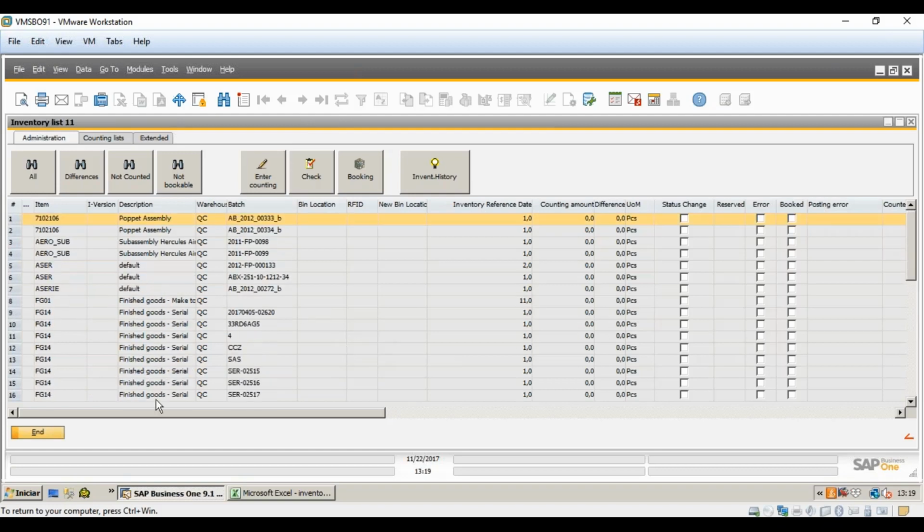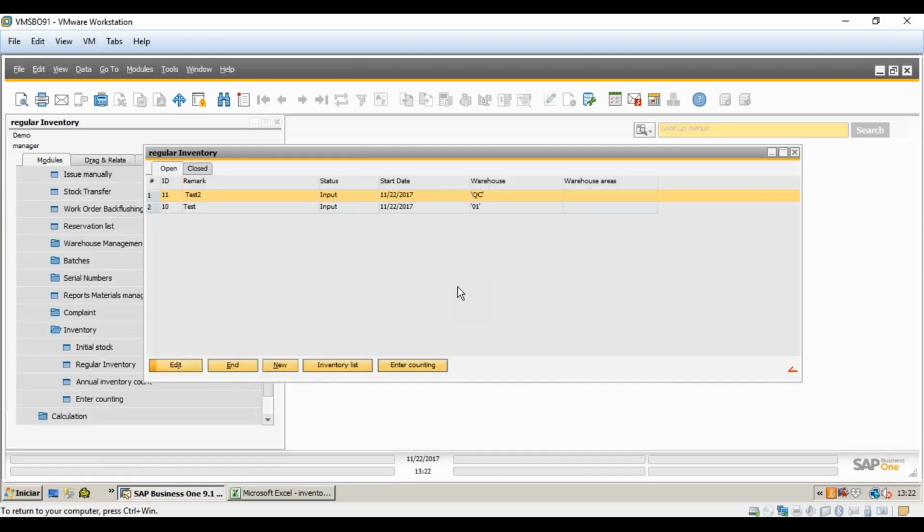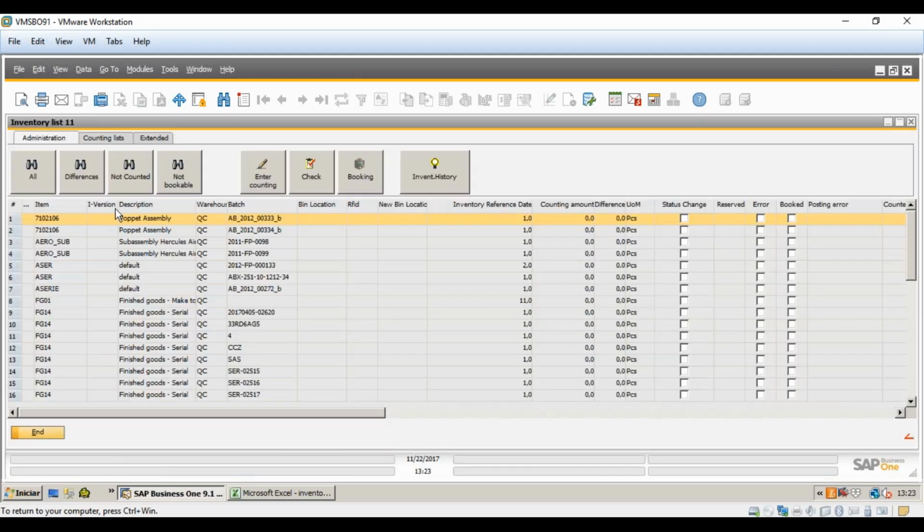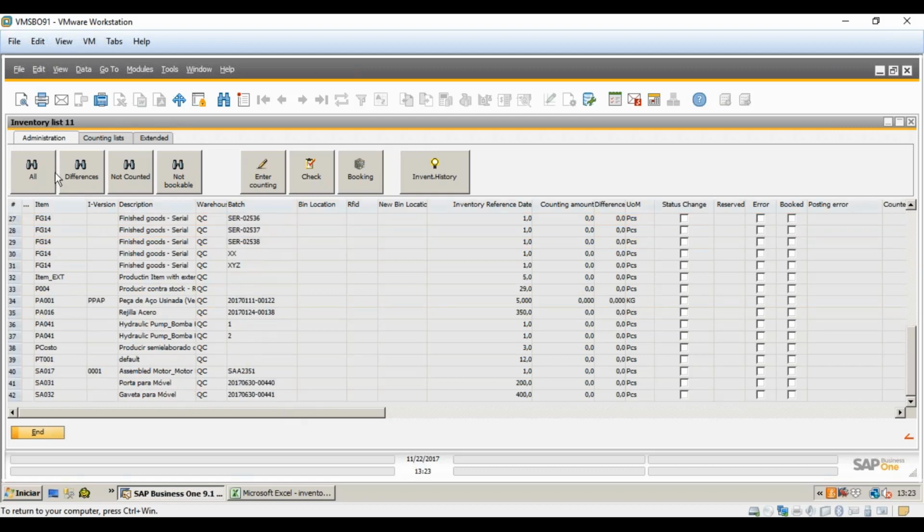So if you don't have any data in here, it's because you haven't defined the counting cycles. After creating our regular inventory scenarios, we can go into the inventory list to create the counting list. When we open the inventory list, we see here a listing of all the items that are included in the scenario we created. Here we see the item code, the item version, if the item has versions, the description, the